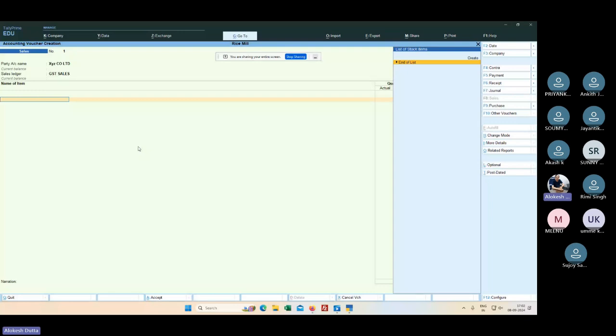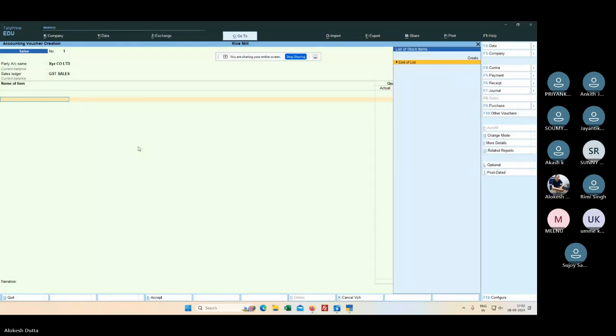Again, we have to create the ledger. When you want to pass any entry, you have to create the ledger. That's why I told you that first you plan the accounts, what are the ledgers and what are the groups you have to create. First create all these things. Otherwise, while passing the voucher, you have to create that one also. We have not created it; we are selling furniture and fixtures, or we are a